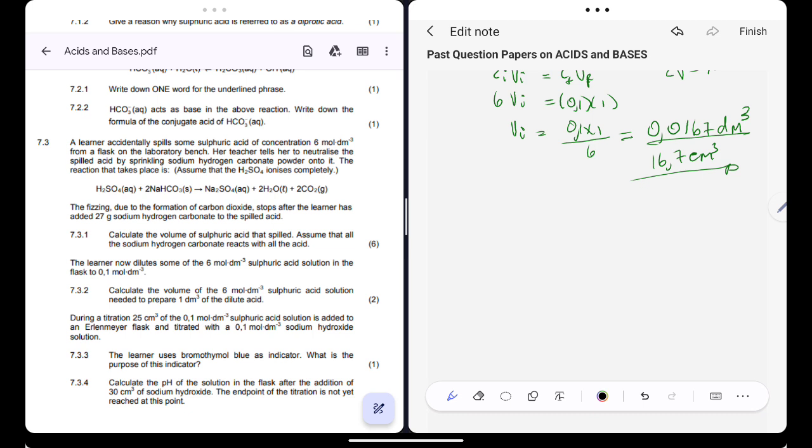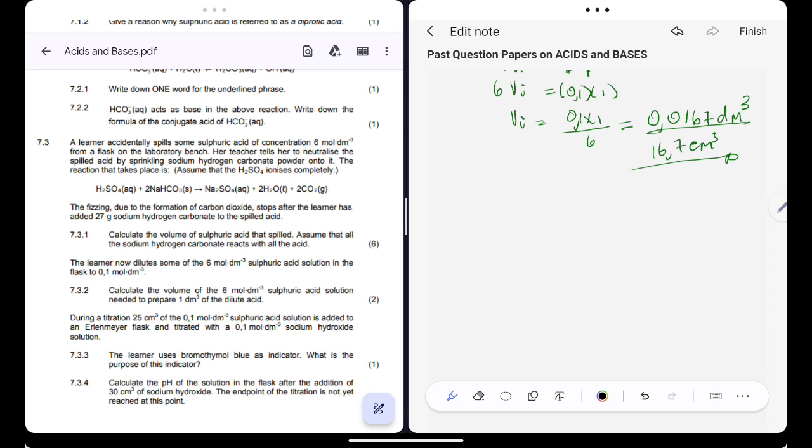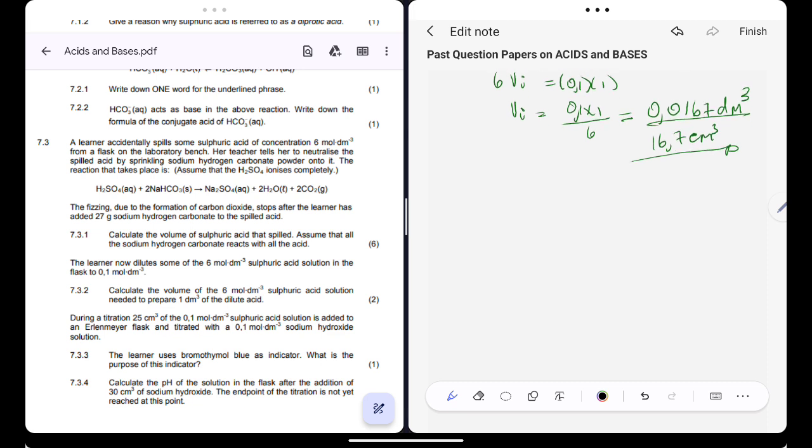We are told that during a titration, 25 cubic centimeters of the 0.1 mole per cubic decimeter of sulfuric acid solution is added to an Erlenmeyer flask and titrated with 0.1 mole per cubic decimeter of sodium hydroxide. Okay, the learner uses bromomethyl blue